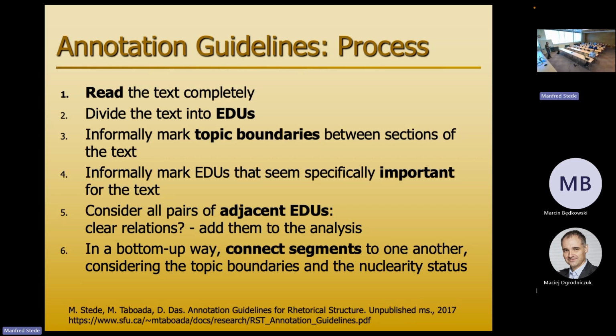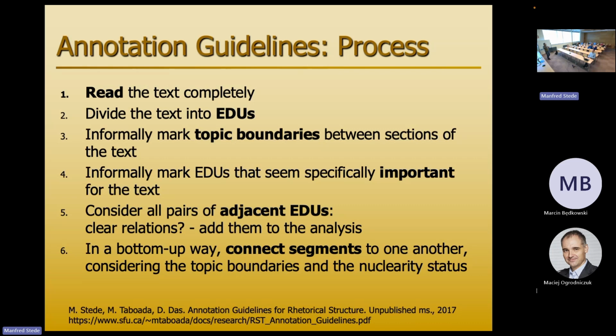First step is obvious: read the complete text. You have an idea what the text wants from the readers. Then divide it into EDUs. Obviously, the first thing we need to do, otherwise we cannot assign relations. But before we start thinking about relations, it seems wise for many texts to look informally about topic boundaries. Does my text break down into different areas of topicality that in the end in the tree should be distinct? Then you informally mark them. Next step, go through your text. Is there something that is more or less important? Then get clear about what are the most important statements in the text. You remember the strong nuclearity principle.